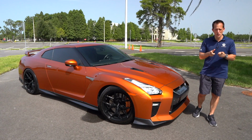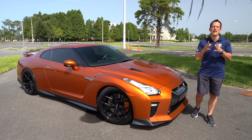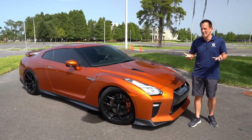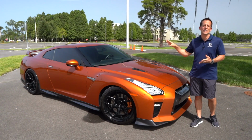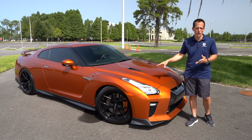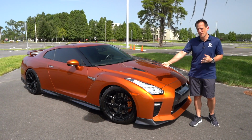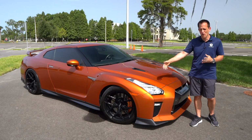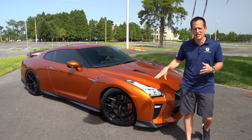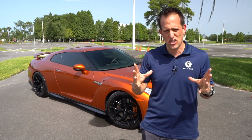I'm here at a new secret location because guess what? Very, very special car and a very special person. One of my good friends, J-Rod, is allowing us to feature his 2018 Nissan GTR, that R35. The great news is that not only are there some modifications that have been made to the exterior, but also underneath the hood. But before we get into J-Rod's beautiful Godzilla, let's talk a little bit about what the GTR